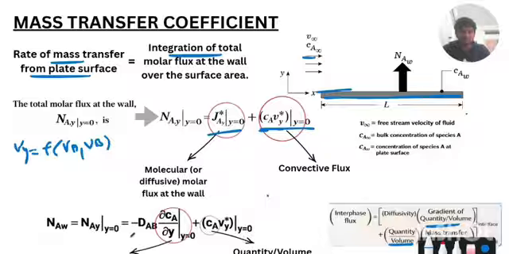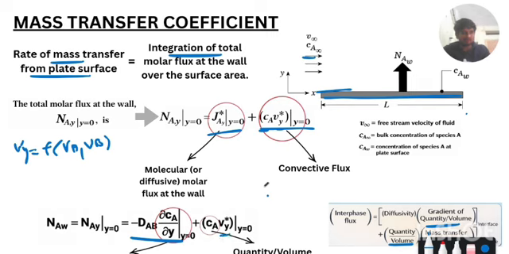Minus DAB dCA upon dy is Fick's law of diffusion. Here DAB is the diffusivity of A in B, and dCA by dy is the concentration gradient at the wall. Vy star,